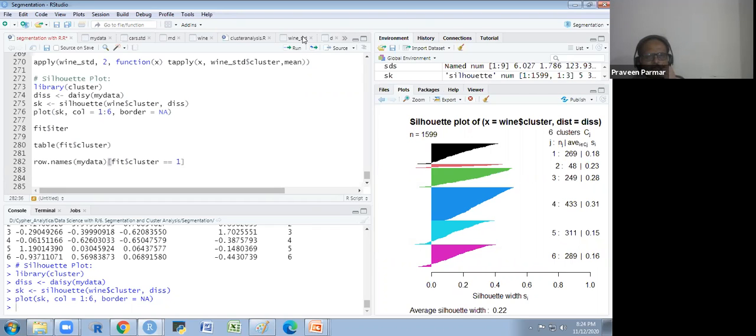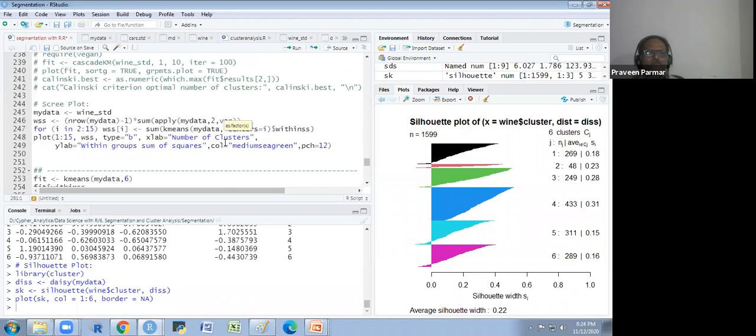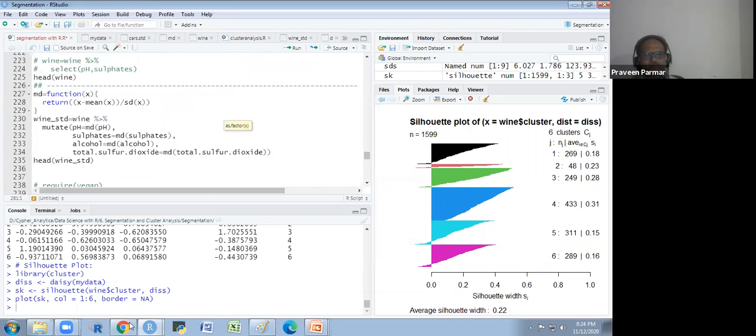So this was all about clustering and segmentation. What I would like to tell you now is that the next topic remaining is ridge, lasso and elastic net regression. I will first explain it.